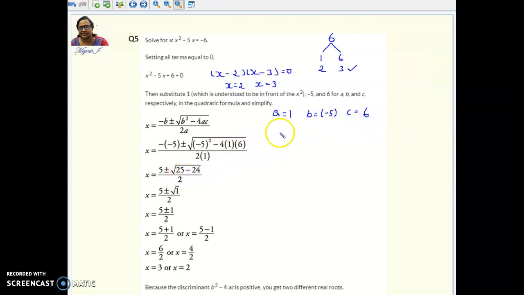Apply that here. So when you apply this, B is minus 5, so minus B plus or minus root of B square, again minus 5 the whole square, minus 4 into A into C, divided by 2A. A is again 1. So when you solve for this, you can see that you are getting the values 2 and 3. Normally, as I said, this is such a lengthy process, and you can see that by factorizing you are getting this answer in just one step.